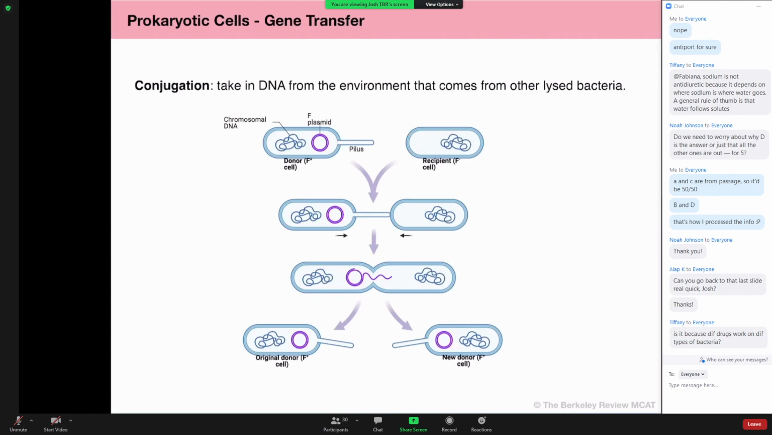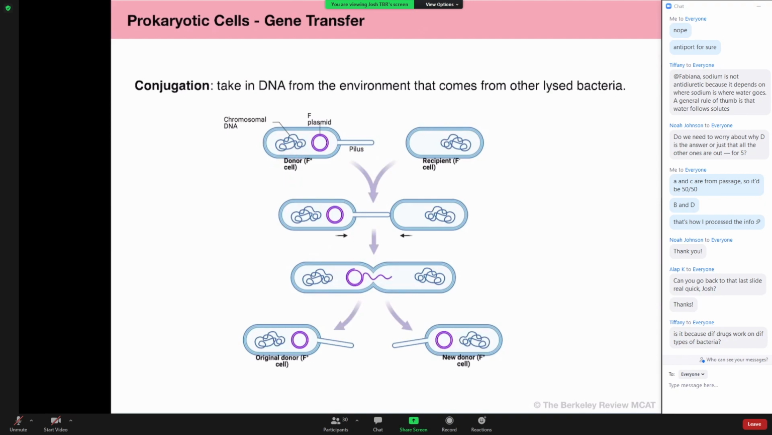What you can get is actually this thing called a pilus, right? Which can extend out and make contact with a neighboring bacteria, in which case it can do this circular replication of a plasmid and replicate it and transfer it over to the new cell. Okay, so